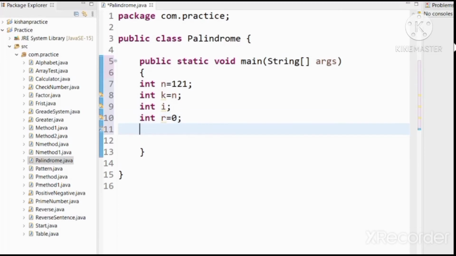After that, we are taking a while statement.